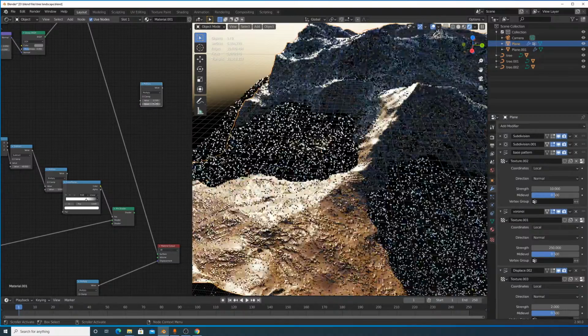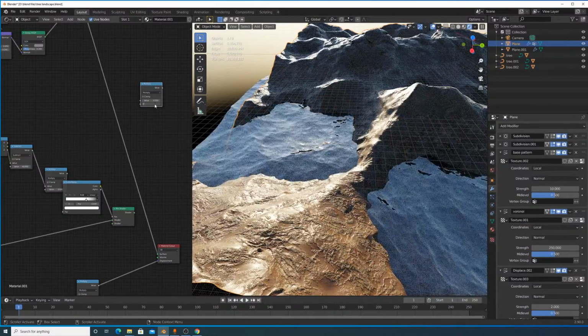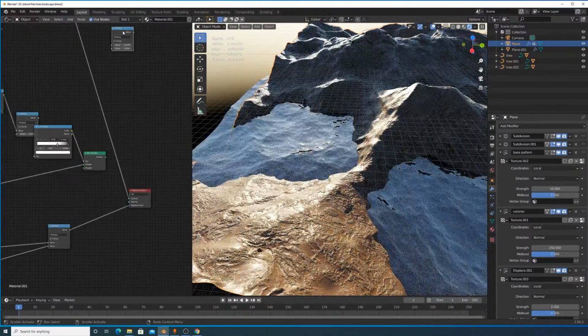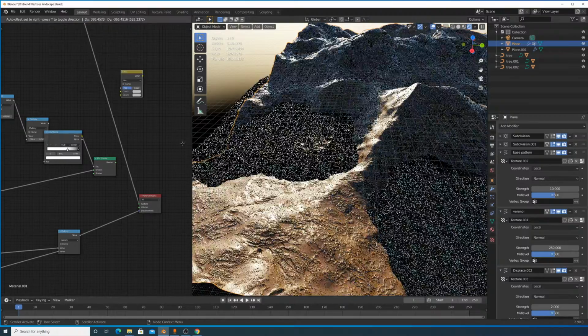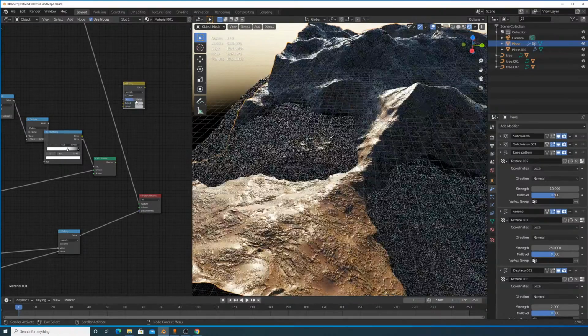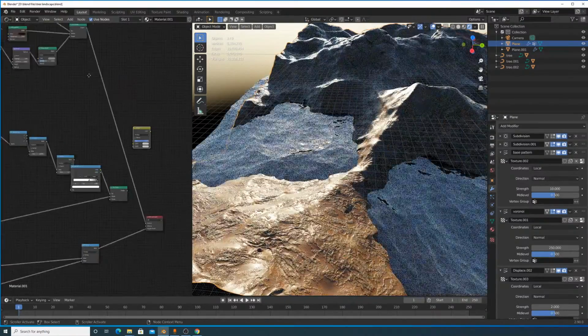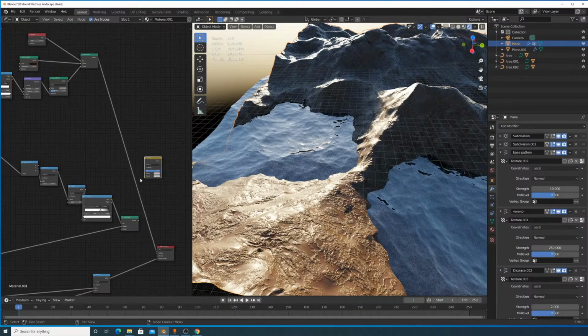I'm going to multiply it by 0, which will make it black so there won't be any displacement. And instead of using a map, I'm going to use a mix shader or mix RGB, multiply, and I'm going to use